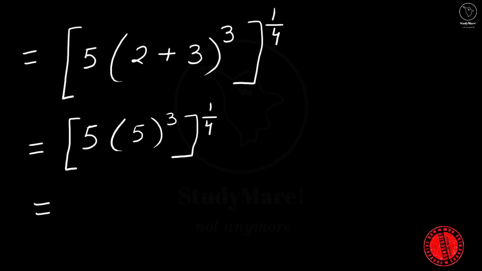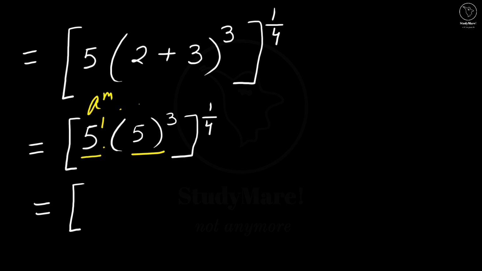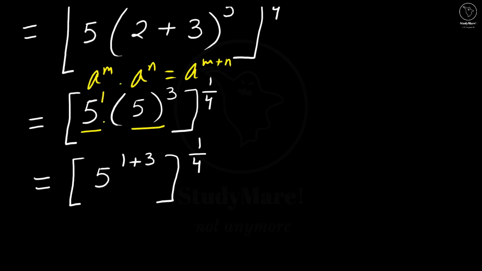This is equal to 5 into 5 to the power 3. There is no power, means we have power 1. If you look at this, we have an identity which fits here. A to the power m into a to the power n is equal to a to the power m plus n. So we get 5 to the power 1 plus 3 raised to the power 1 by 4,